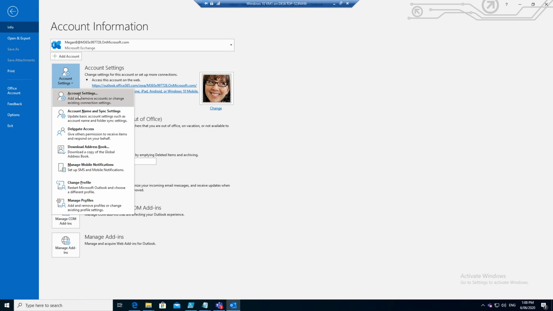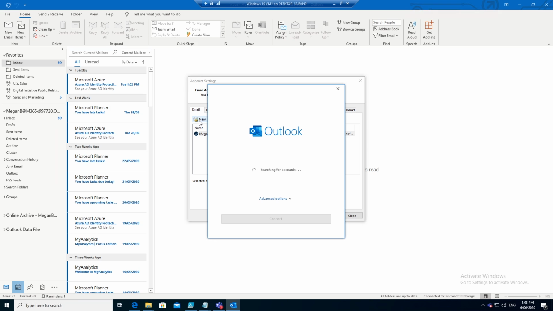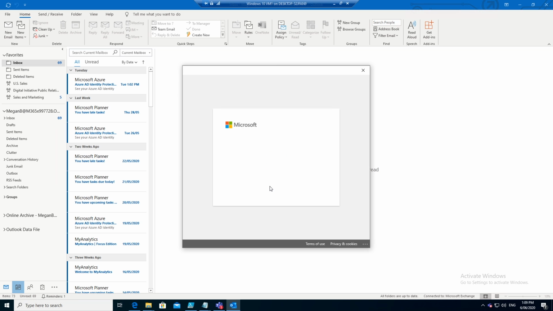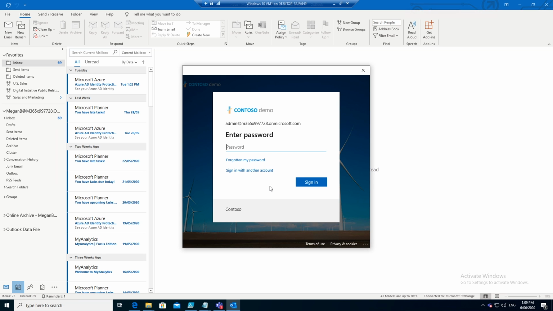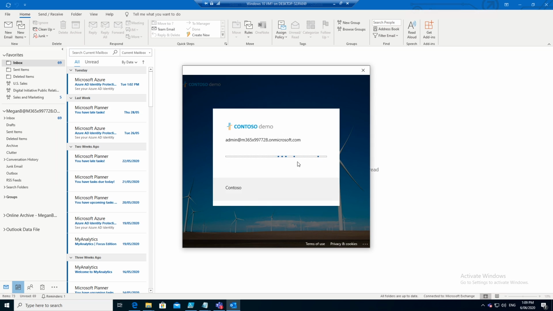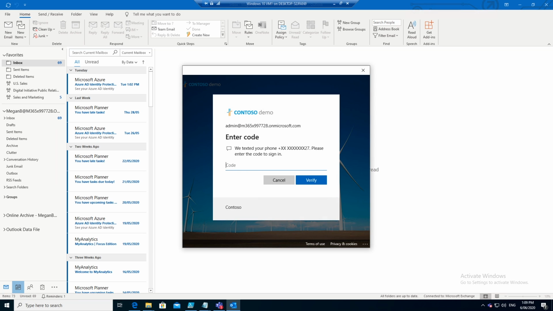So if you want 2 accounts, if we go into the account settings in there and go new, it'll do the same thing, search for the account. And what you can do is type in the new account's email, hit connect, and then if the account's linked to the computer, like before, it'll just join up. But if it's unlinked, it'll pop up with a password field. So this is what I was talking about before when you put in an email account that's not attached to your Windows system. So it'll pop up a password field, and then if you type in the password, mine has multi-factor authentication on, so it needs to send me a text message. Just wait for that to come through,